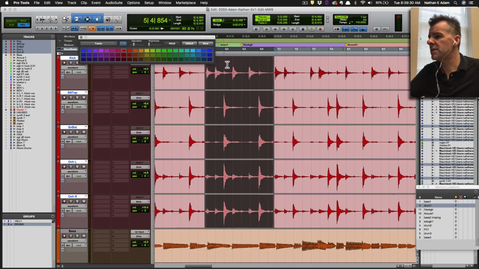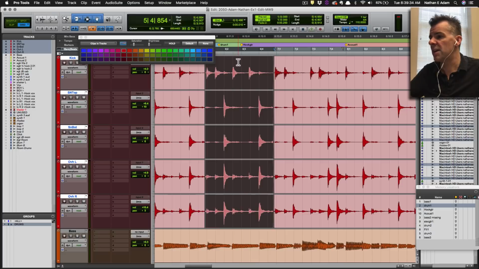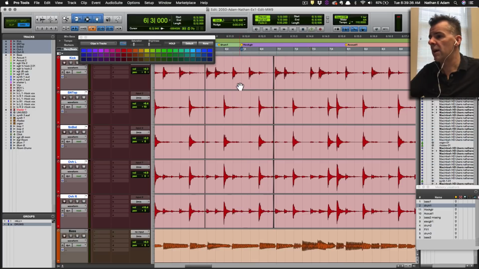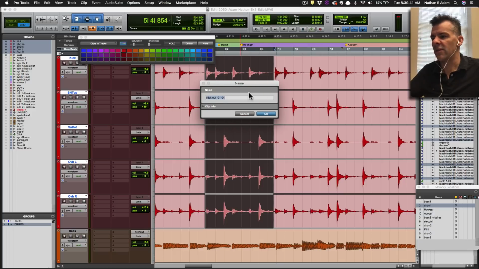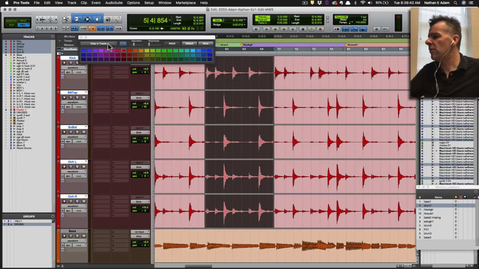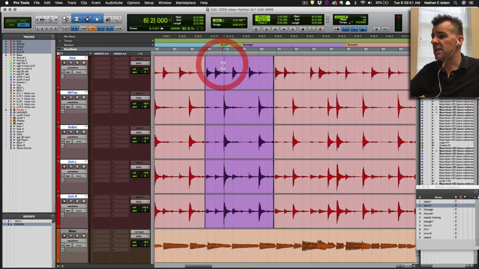We need to color this selected clip, which we can select either by clicking twice over the top of it with our selector tool, or by hovering over the bottom and clicking once with our grabber. If we double click, it's going to try to make us rename it. So here we go. We need to color this clip in the track purple. So make sure you've selected clip and track, and there we go. And once we've done that according to the instructions and it sounds good,